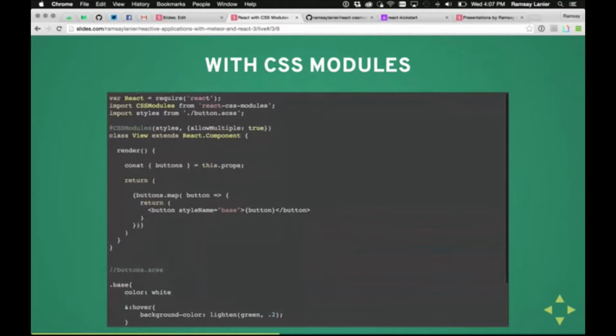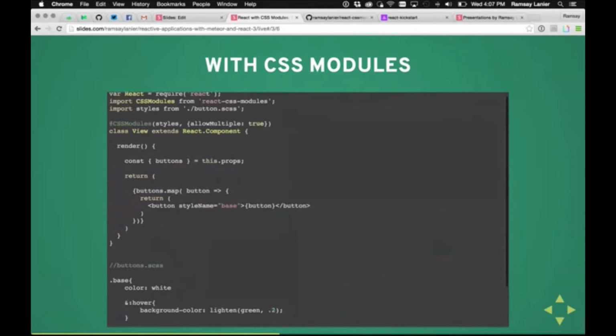So here I'm importing an NPM package called react css-modules. We're using actually ES7 decorators. Don't worry, I'll show you how this is all set up. So also I should have mentioned that the boilerplate that we'll be going through is using Webpack with Babel. So you can use ES6 and ES7, or 2015, 2016, whatever you want to call it, JavaScript functionality. Anyway, so we use this decorator.